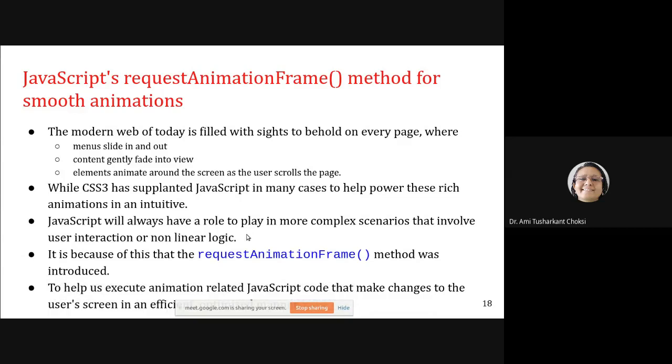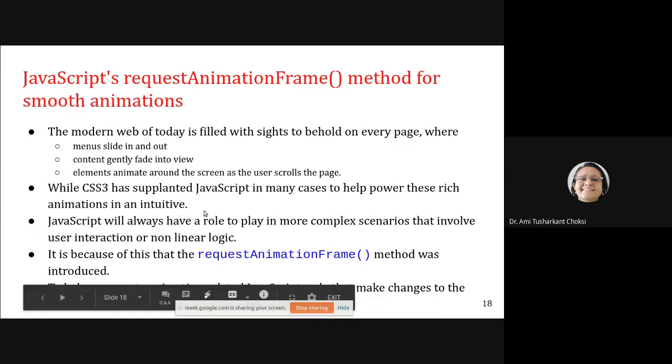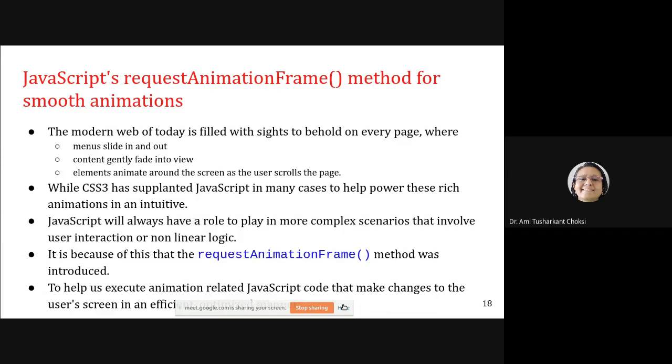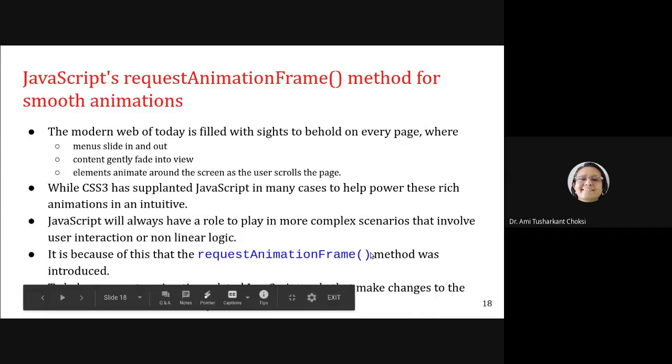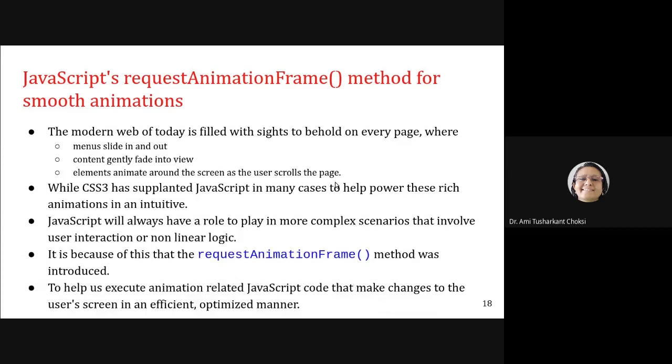It is because of this that the request animation frame method was introduced, to help us execute animation related JavaScript code that makes it to the user screen in an efficient, optimized manner, right?